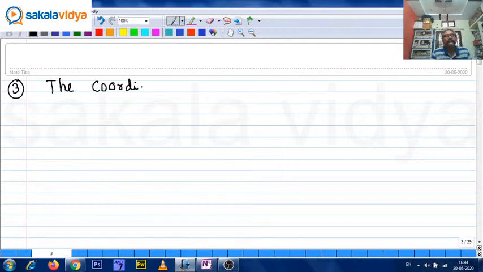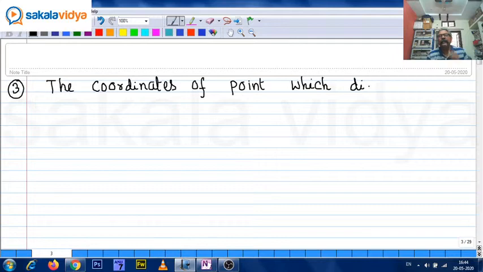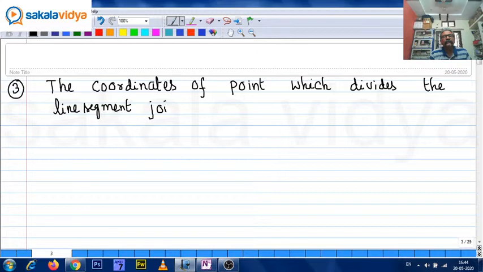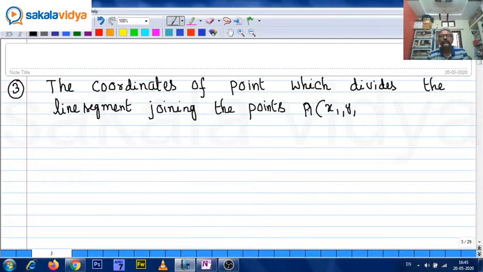The coordinates of the point which divides the line segment joining the points P of x1 comma y1 comma z1, otherwise you can say a point, no problem, and Q, x2 comma y2 comma z2, in the ratio